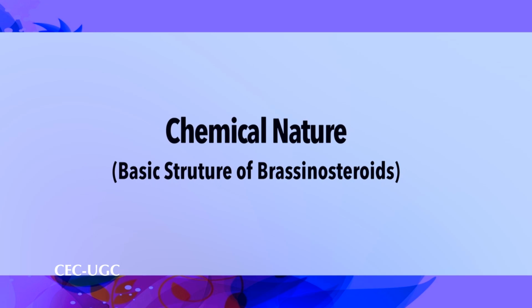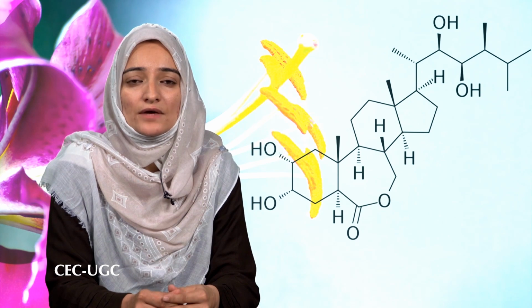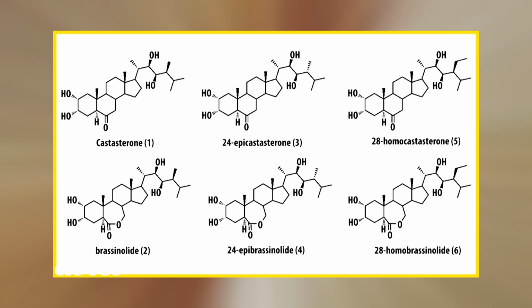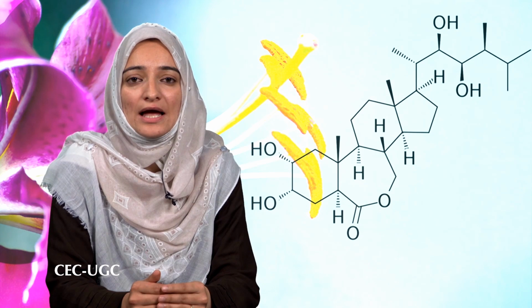Now, coming to the chemical nature, that is the basic structure of brassinosteroids. Brassinosteroids are a group of naturally occurring polyhydroxysteroid hormones with a chemical structure similar to the steroid hormones in animals. They contain the typical steroid nucleus with fused rings A, B, C and D and an alkyl side chain at carbon 17. Both the nucleus and the side chain contain various substituents in different isomeric configurations, making the stereochemistry and